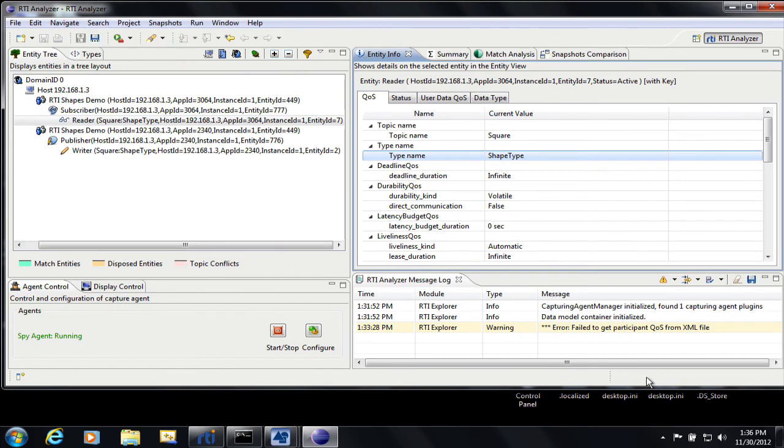And the question is, why is this happening? Well, the first thing I can see is that I do in fact discover everything in Analyzer. This indicates that probably discovery is working correctly. If I saw only the domain participants here and no readers and writers, it could indicate one of the problems